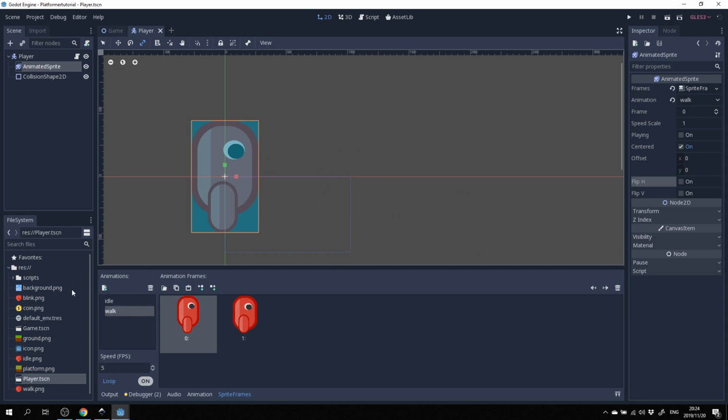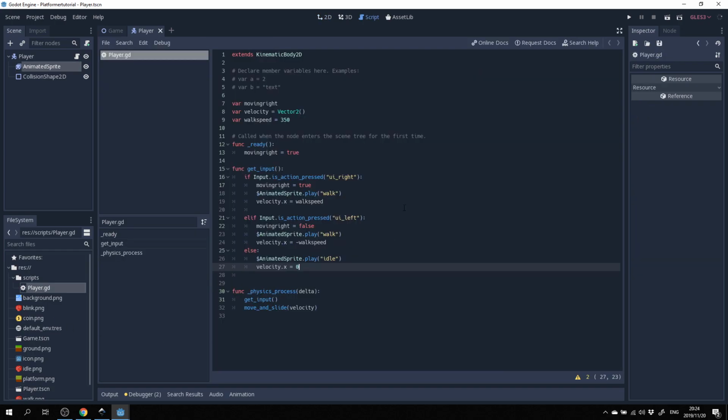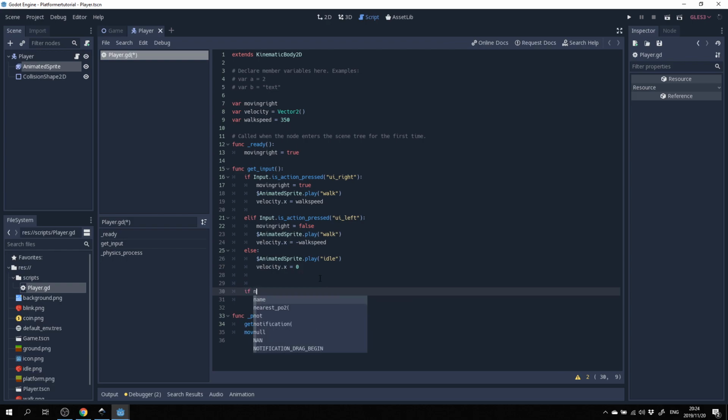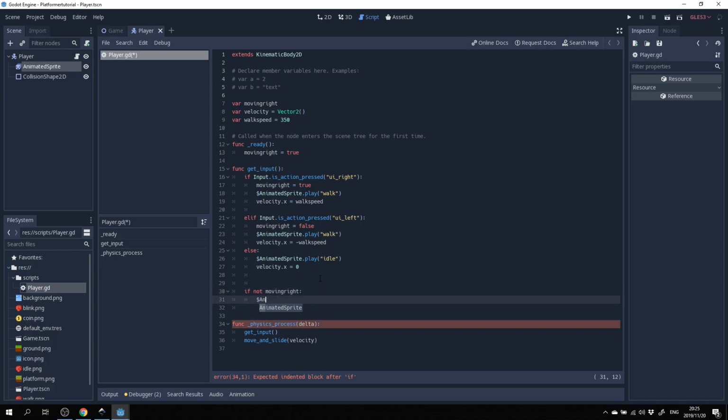So let's go back up into our script, the player GD script. What we simply will do here is flip it based on the direction of moving right. So first we'll say if not moving right, then we want to take our AnimatedSprite. This dollar sign over here is just a shorthand for traversing to the object and getting an instance of this node object, which we can manipulate.